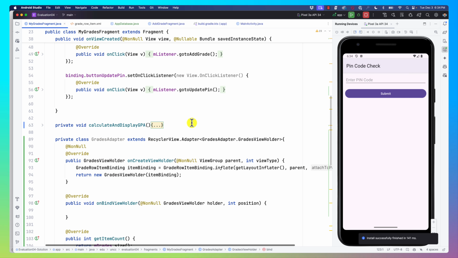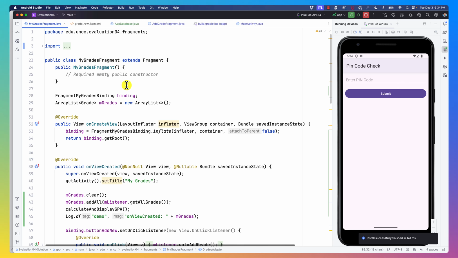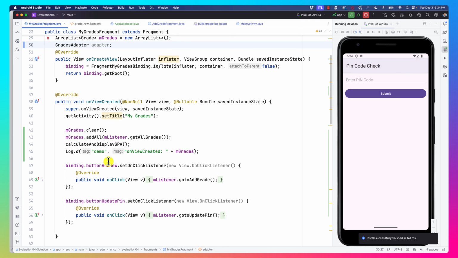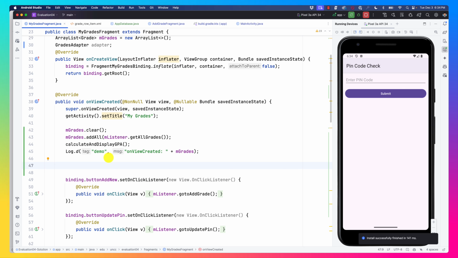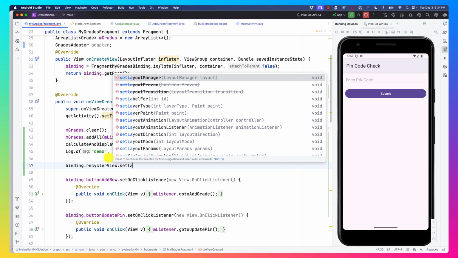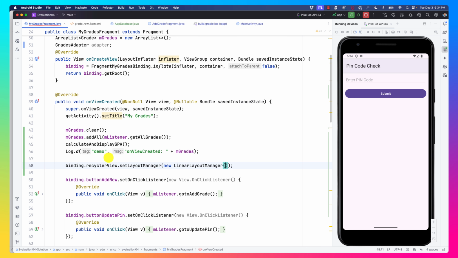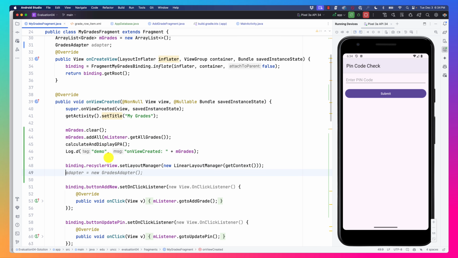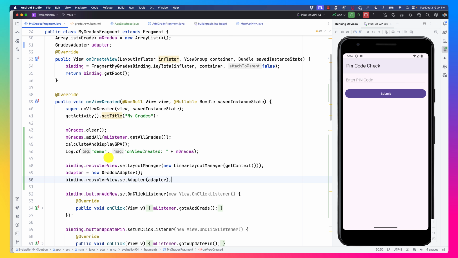Oh, now we never wired up the adapter. So here's the adapter. And basically here we'll do recycler binding dot recycler view dot set layout manager, new layout manager, get context, adapter, set adapter. All right, so now we run this